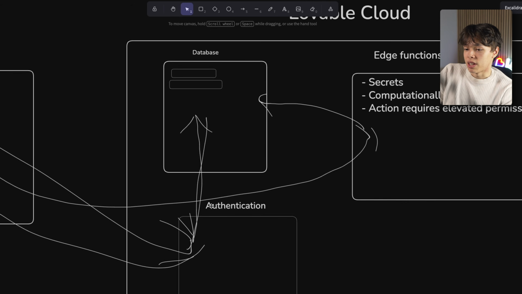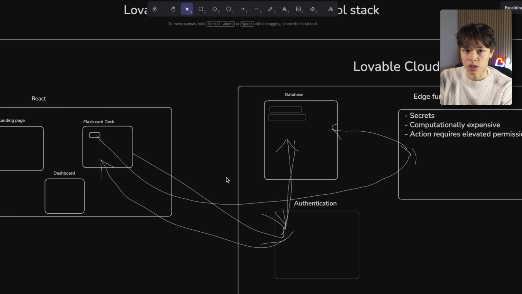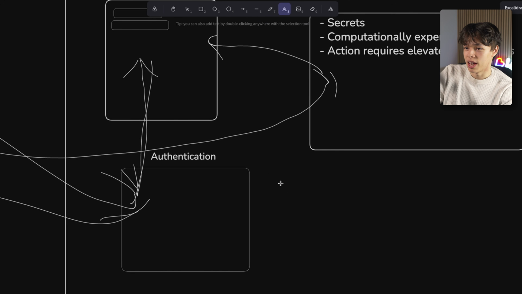So basically, this is how it works. This is where you authenticate, and then you can store data across sessions and across devices. A point on this is that you don't want other users to be able to access other users' data. You want the user to be able to access his or her own data, typically. And that's why we have something called, in our case, row level security rules, or also RLS